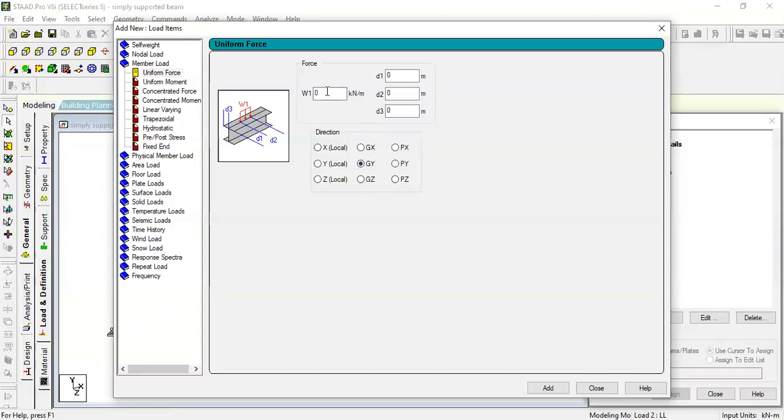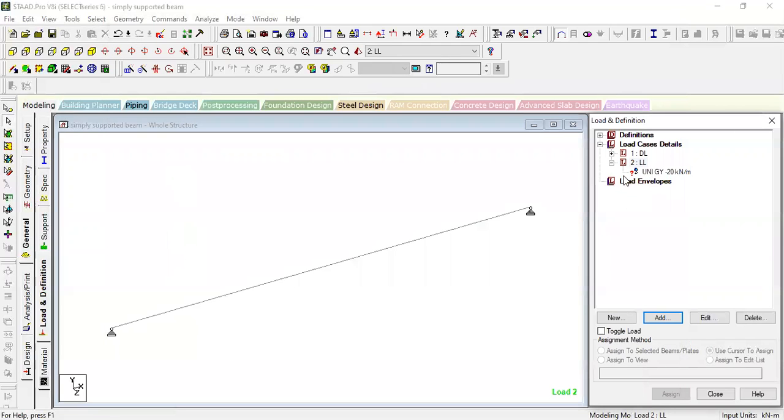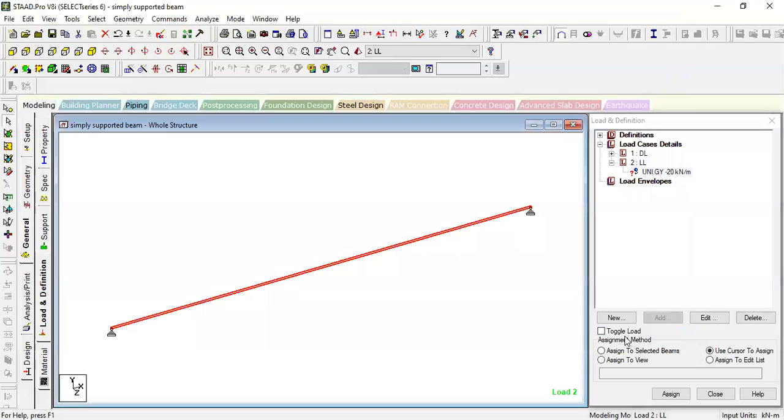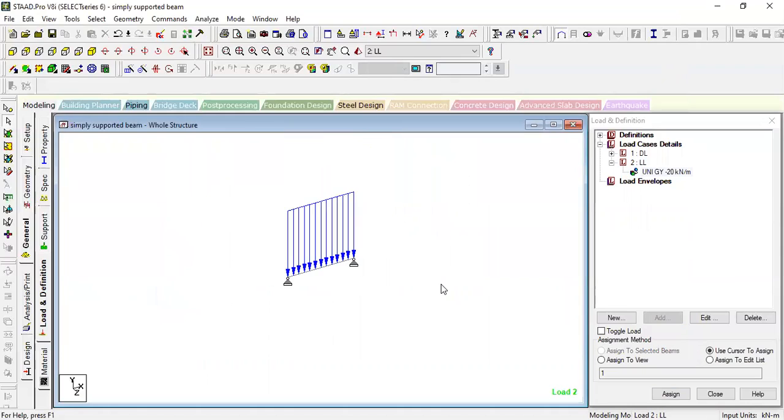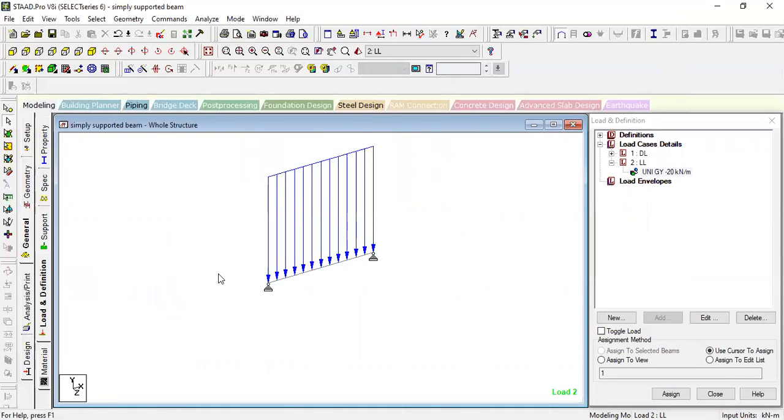Okay, click on this one and assign the load. I will assign the live load as 20 kilonewton for this case. Let us take it as 20 kilonewton per meter. Since it is acting downwards, take it as -20 and go to add and close this one. Here again a question mark is appearing, which means it has not been applied to any members. Click on this one and click on the beam which you want to apply the load to, assign to selected loads, and then assign this one and proceed. Now you can see the uniform distributed load has been applied.